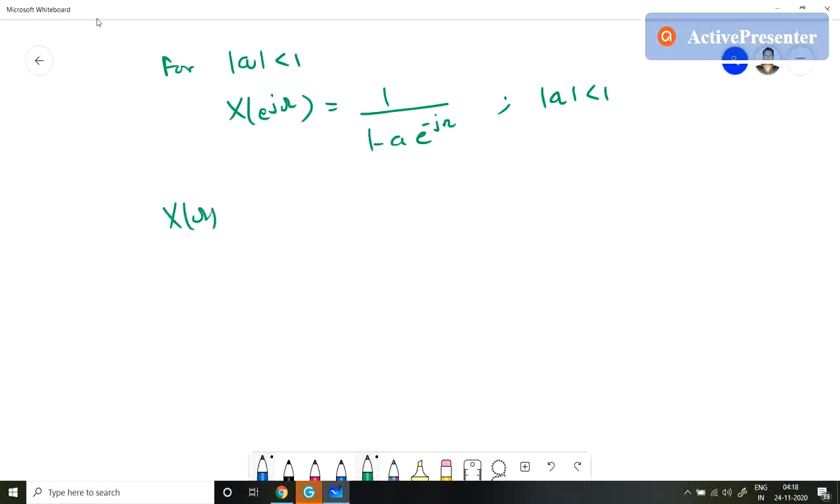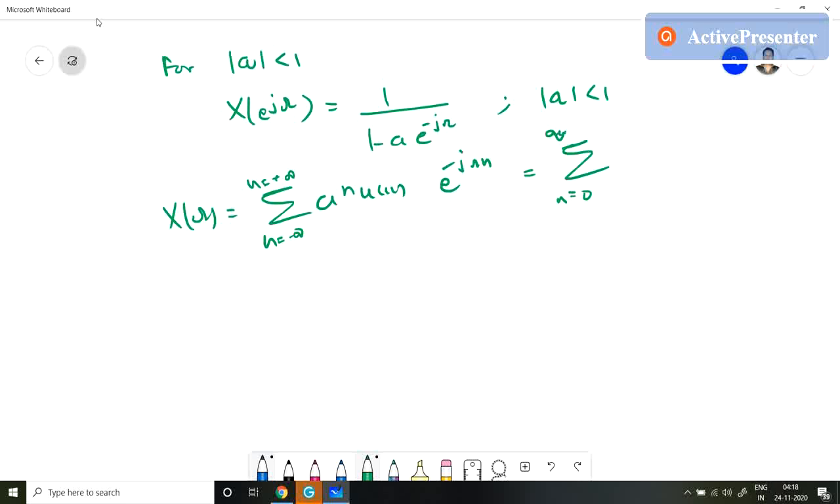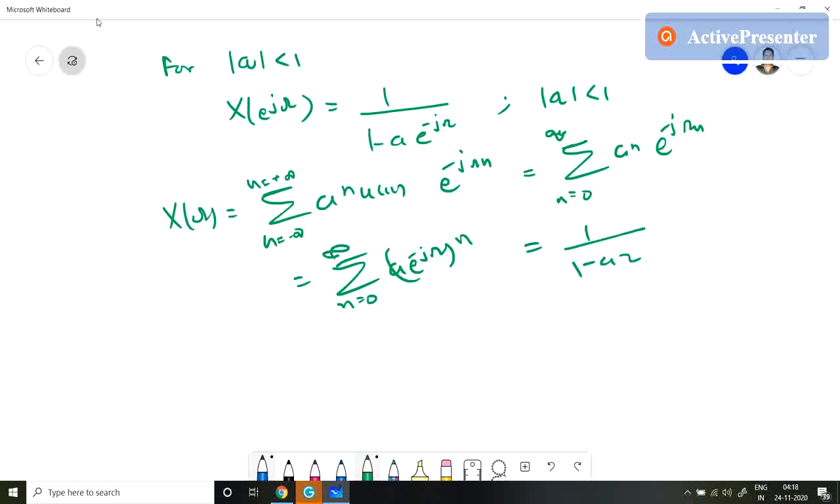Also, by the definition we can find out this expression. It is summation n equals minus infinity to plus infinity of a raised to the power n u[n] e raised to the power minus j omega n, and that is equal to summation n equals 0 to infinity of a raised to the power n e raised to the power minus j omega n, which equals summation n equals 0 to infinity of (a e raised to the power minus j omega) raised to the power n, that is equal to 1 divided by